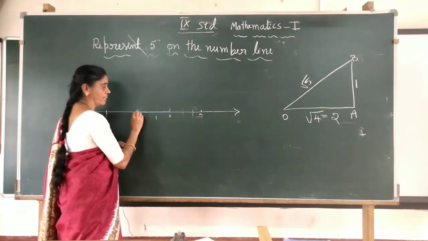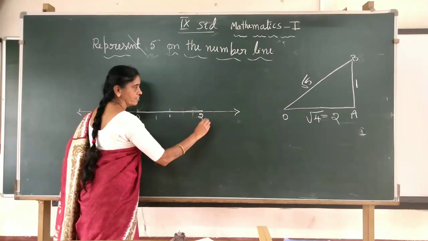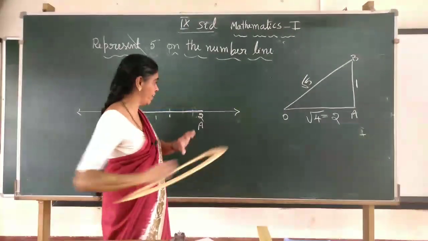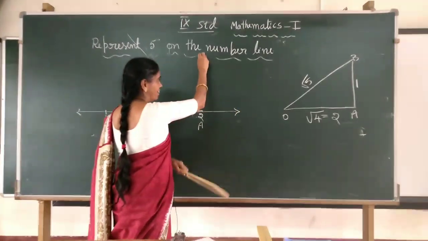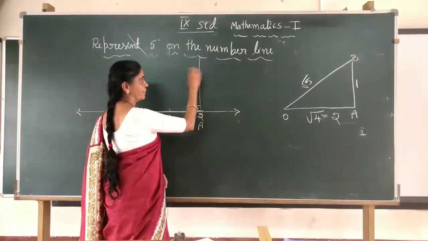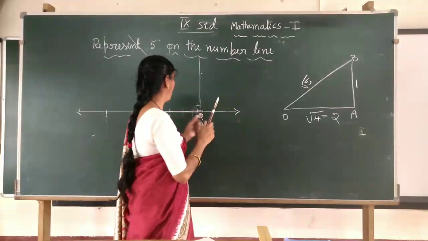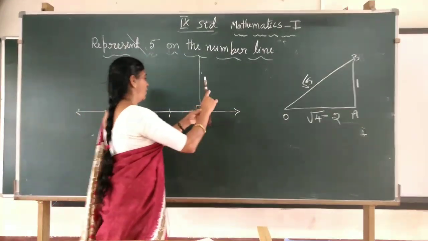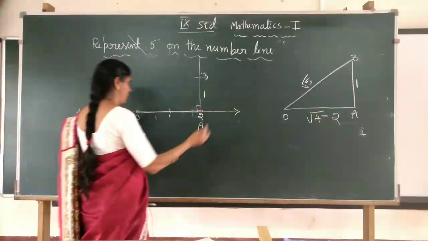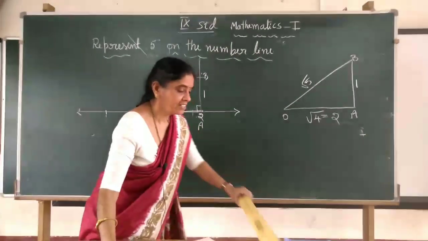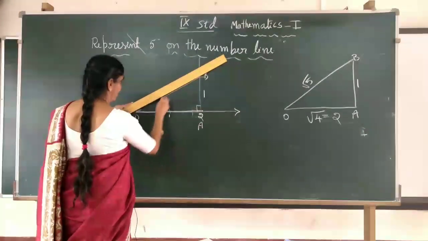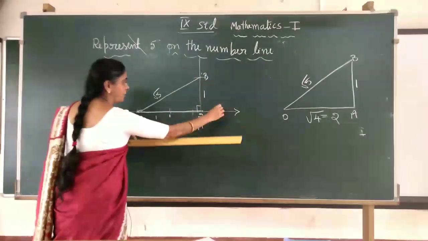So at home, draw one number line and here mark 2 units. One side is 2 units. It is A now, and draw the perpendicular line here. I will do a rough diagram, you should do the real one. It is perpendicular here, and then take the compass, mark how much? 1 unit here, at A cut it, you will get the point B, it should be always 1 unit, and try to join these two and you will get it. It is square root 5. Then take it and mark it. Okay.